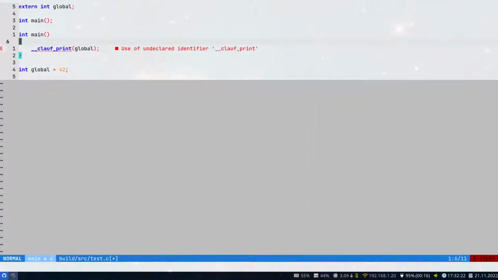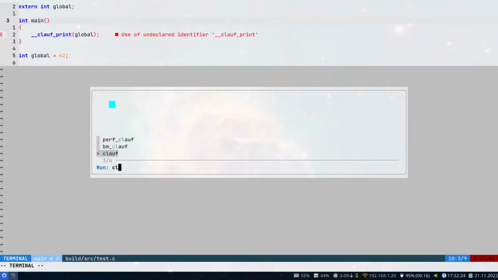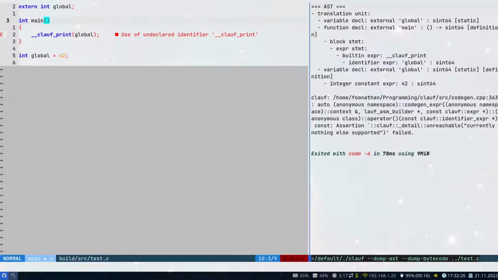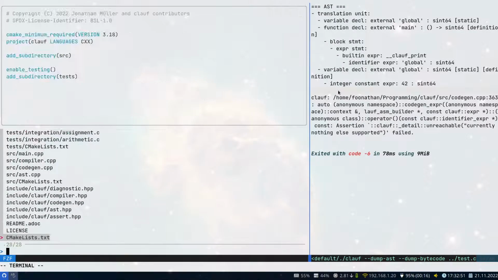So two issues, like so. So now this will crash, yes. This will crash because this identifier expression right here, this one in the AST, refers to this declaration. And then when we codegen, we attempt to look up a global variable for that declaration node. But no such global variable exists, only one for this definition node. So we need to teach codegen